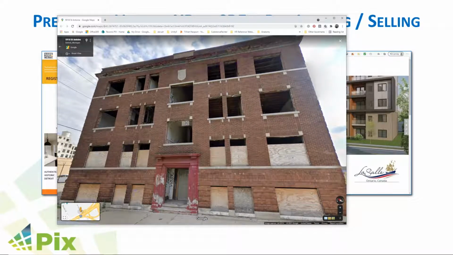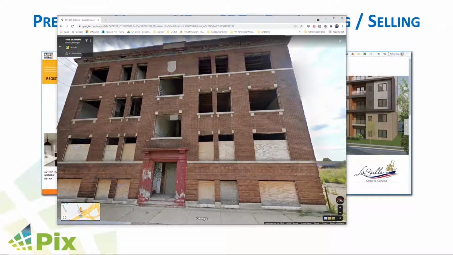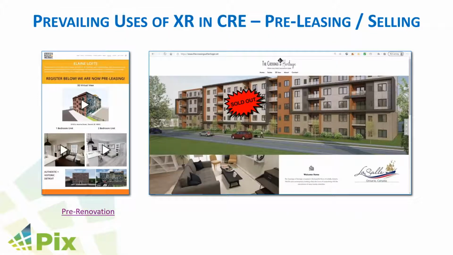And because of that, they qualify for some funding for redevelopment. And it's a historical building, so it can't be demolished. And so obviously you can't use any images of this. And it actually was unsafe to walk through because of the hazards inside. So by having a quick tour, a virtual tour of it, then